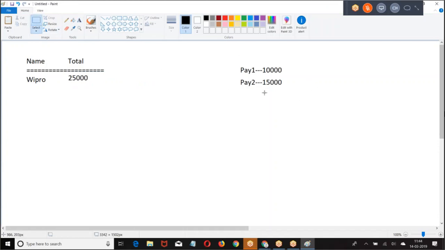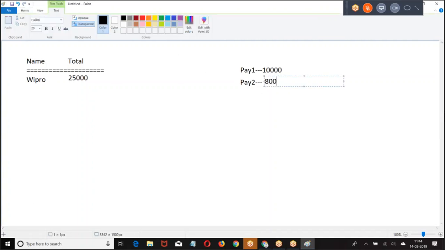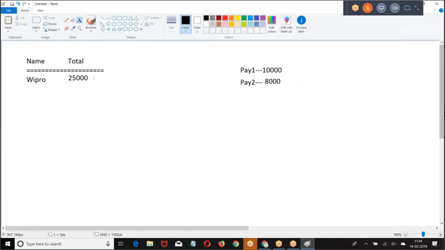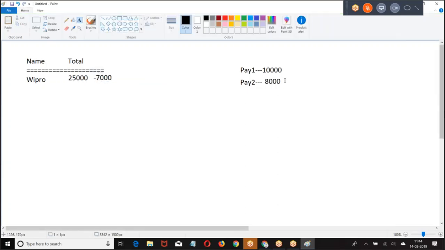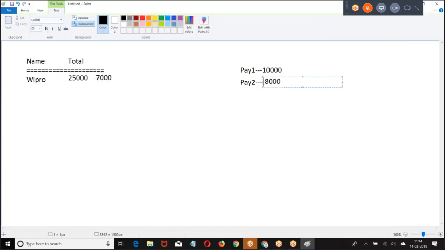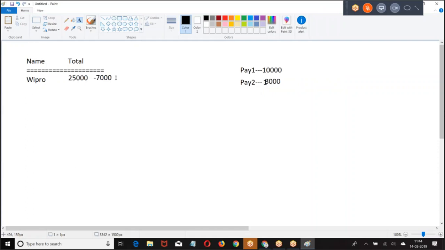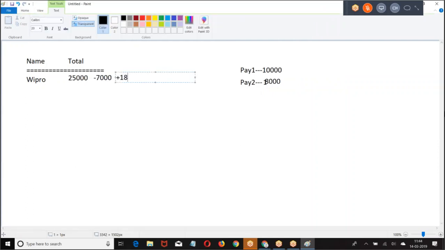When I modify the payment record, 15,000 I modified as 8,000. Now I decreased by 7, so 25,000 minus 7,000. If I modified this to 18,000, then I have to add. Are you getting my point?